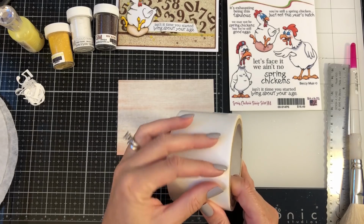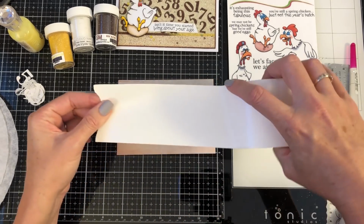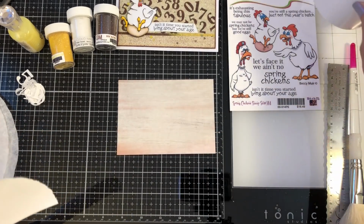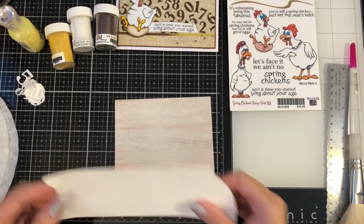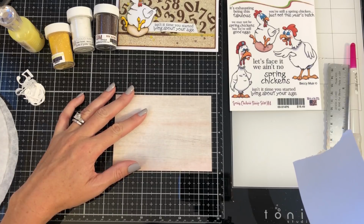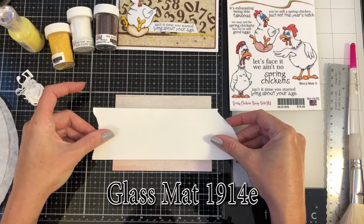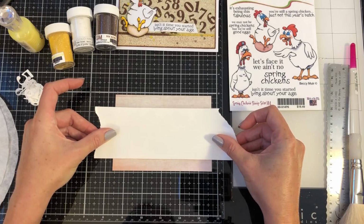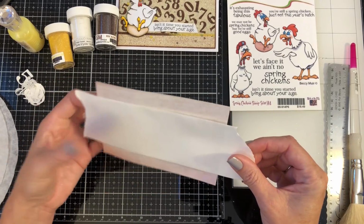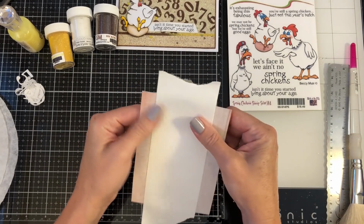And now I'm gonna take our 2.5 by 2.5 1/4 inch Tear-ific tape. I'm going to go ahead and trim that, and then I am going to center it. Now the nice thing about having my glass mat is I can be absolutely perfect in laying this down even. So for those of you that really like to make sure you're totally even, having a gridded glass mat underneath is very helpful, and you can find those at